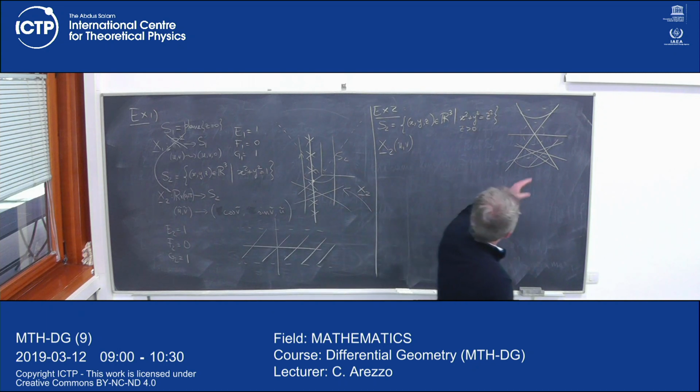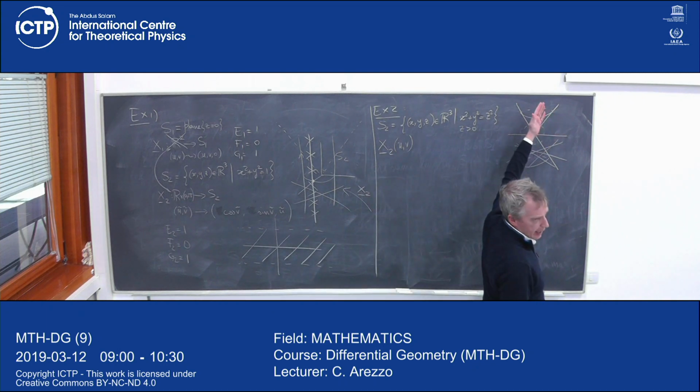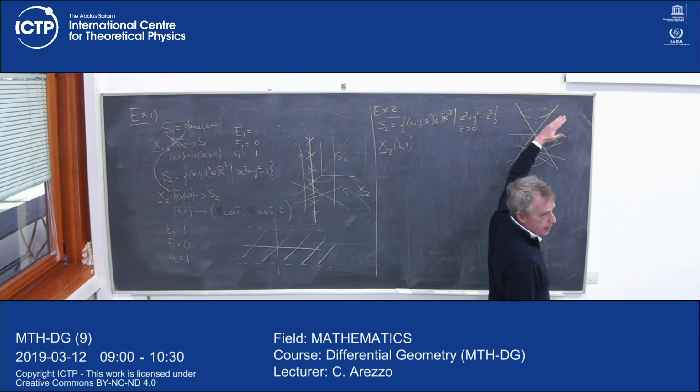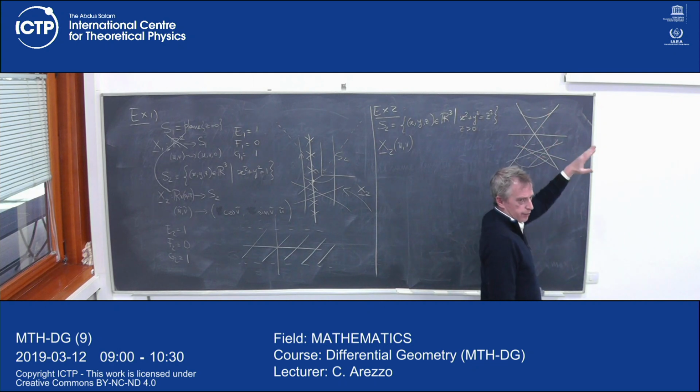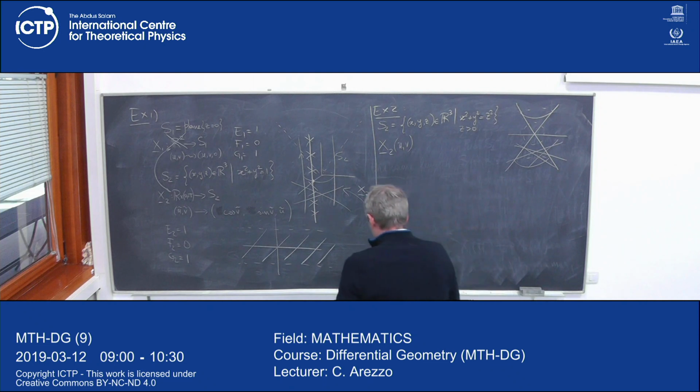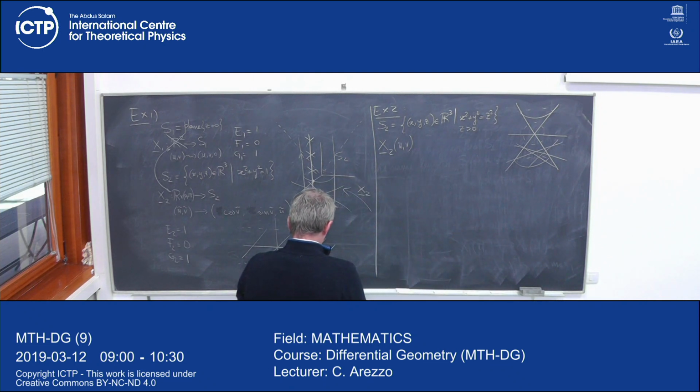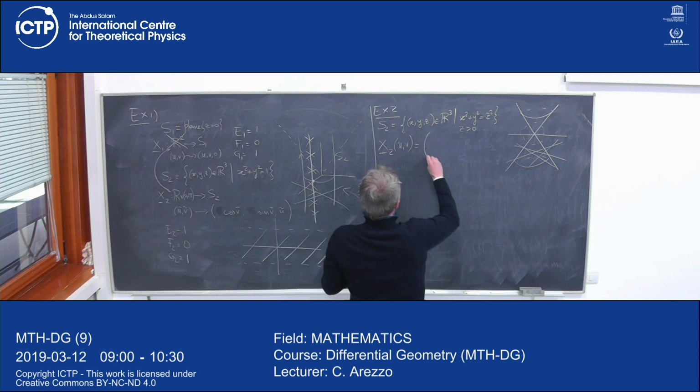Again, now I'm thinking of half of a line rotating. But this time it's not a vertical line. It's the bisectrix of one of the quadrants, okay? So, in fact, let's write it like this. It's u